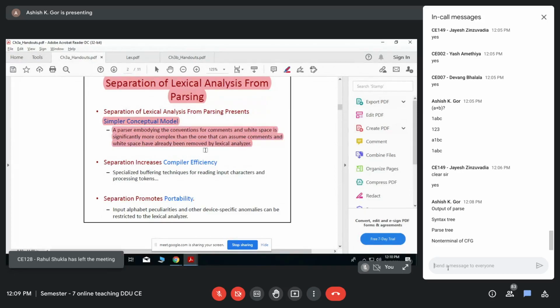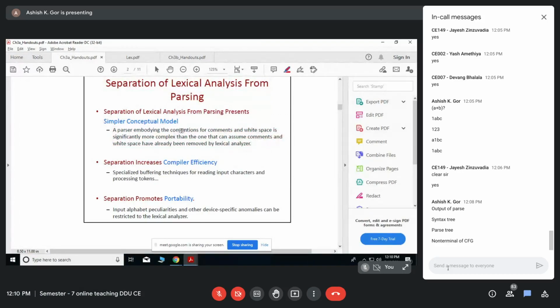You can see the description here which I have written. Let's say you have a parser that handles comments and white spaces. Comments, white spaces, and everything come under the umbrella of the lexical analyzer. The removal of comments, and in fact we'll study the program in the laboratory section, how to remove comments from the program, because the compiler does not see the comments. And white space removal.